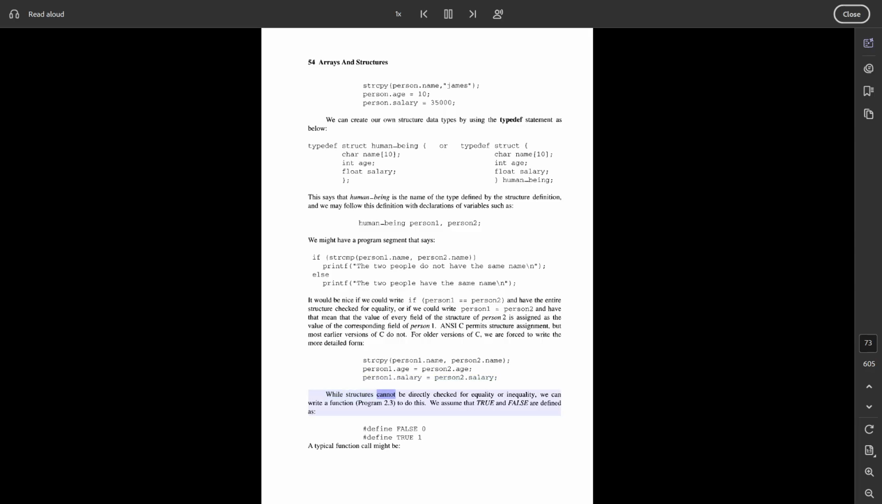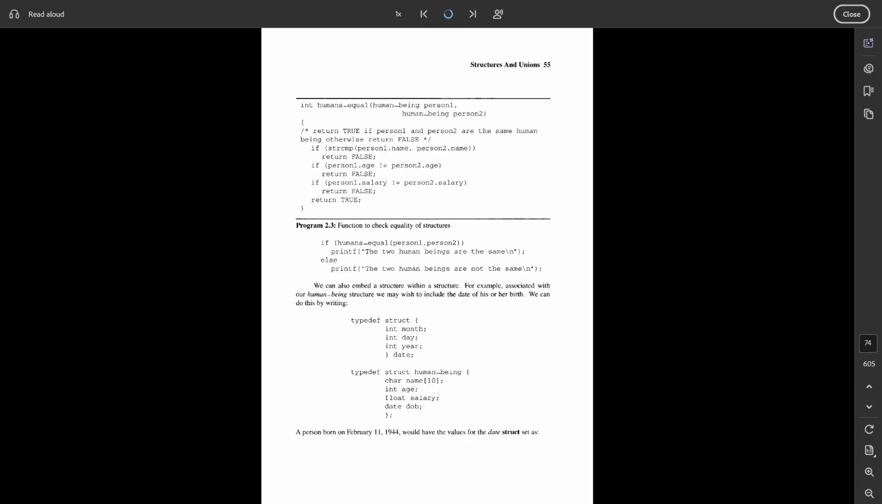While structures cannot be directly checked for equality or inequality, we can write a function, program 2.3, to do this. We assume that FALSE and TRUE are defined as #define FALSE 0, #define TRUE 1. A typical function call might be: